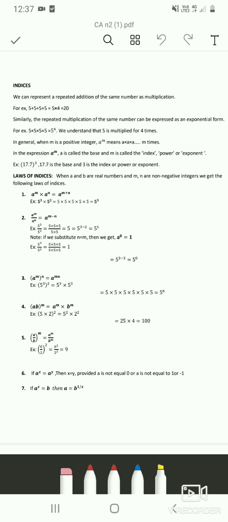So today in this video we'll study the first unit of Commercial Arithmetic 1, that is indices. As I said, after the completion of each unit I'll be discussing the question paper pattern and the distribution of marks in the unit. I know it is a bit late to start the classes, but there's nothing to worry about. The completion of the syllabus will go slow, but I want you to be very serious about the subject, and after completing the video I want you to make your own notes and work out the problems that we'll be solving over here.